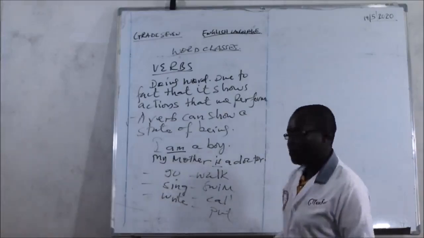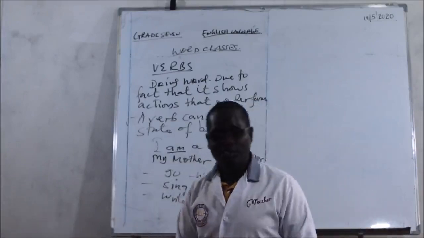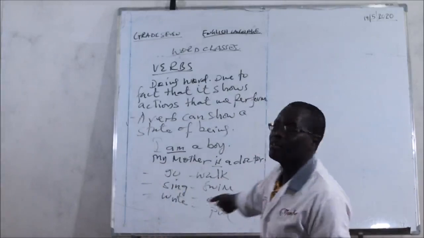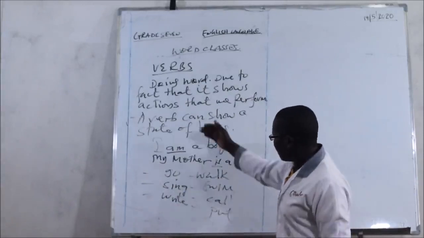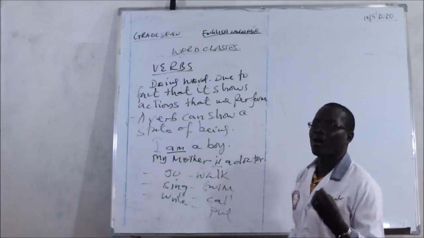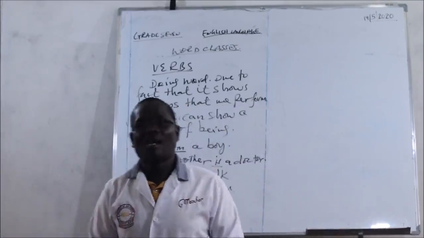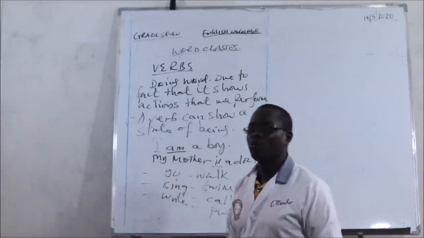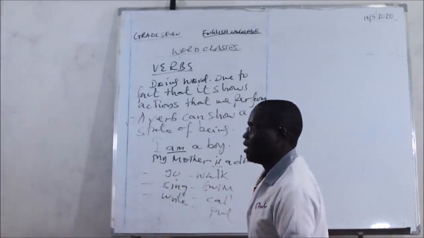Therefore, I would like to represent them in their base form so that we can simply differentiate the ing form, which can appear in a noun form, from the basic verbs. After seeing the examples of a verb, let us now see a sentence that carries a verb, so that we can understand what we mean by saying a verb is a doing word. Let's say, for example,